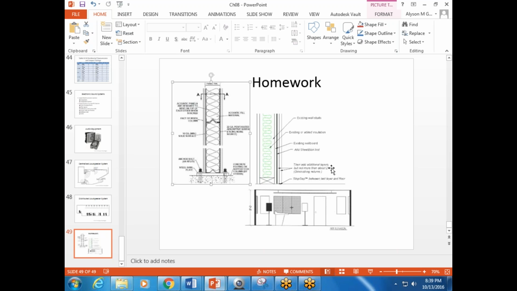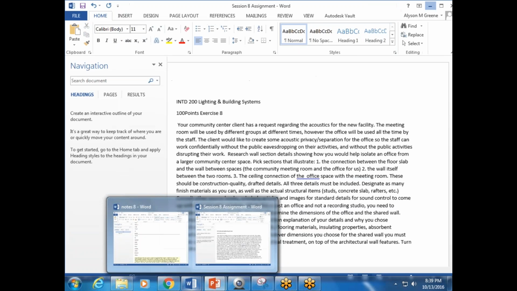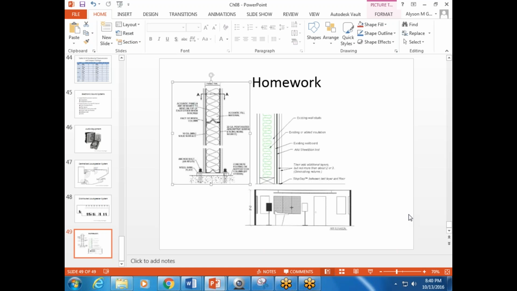I think there's enough keywords within the assignment for you to Google on, where you're looking for acoustical section details. That'll be the main thing you're Googling on, acoustical section details. And then you might say acoustical section detail floor connection, acoustical section detail ceiling connection. And it should give you the varying cutout locations and zoomed in views of these. Then where it says existing wall studs, that's really enough information.